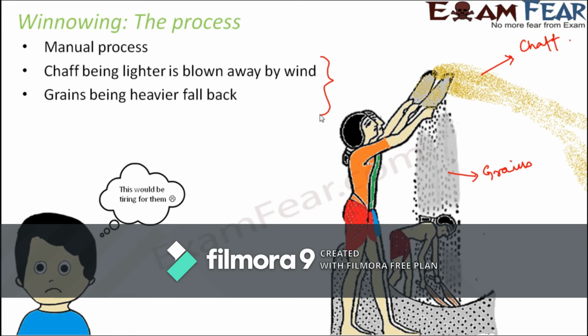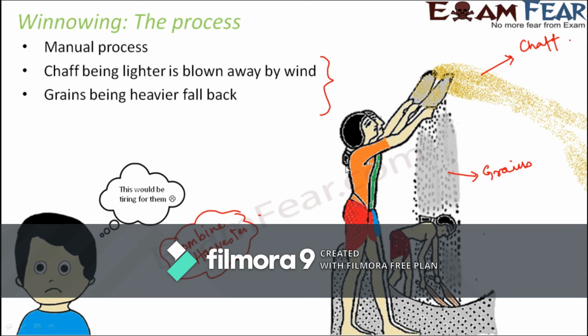So again, in this case also, if you want to reduce the human labor, this can also be substituted with the combine harvester machine. So combine harvester is a multifunctional automated machine. It does harvesting, it does threshing, it can actually separate the grains from the chaff as well. So it separates the grains from the stalks, it also separates the grain seeds from the chaff. So all these things can be done within that combine harvester machine. So if you want to overcome this manual effort, you can make use of combine harvester. Right, so this is how we do winnowing.